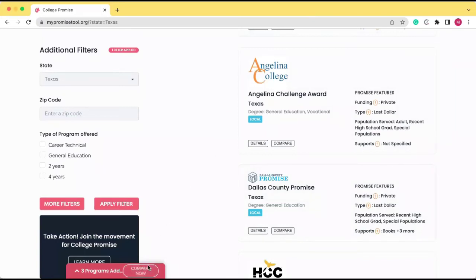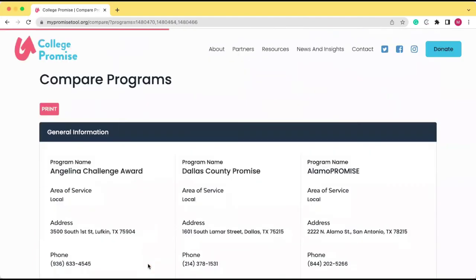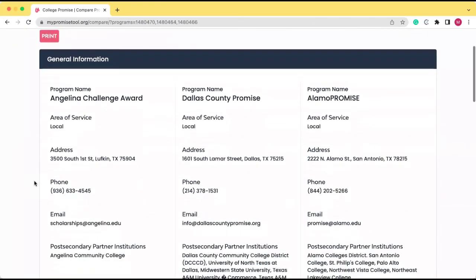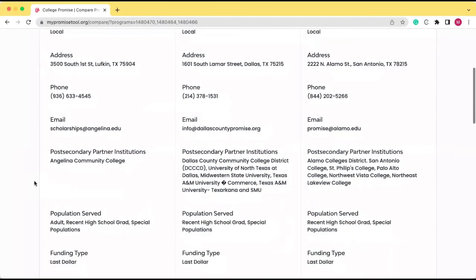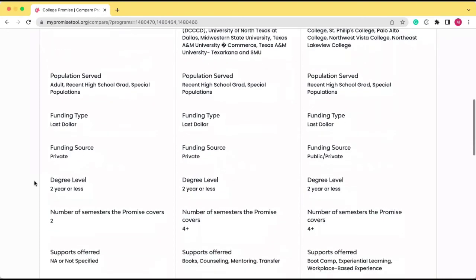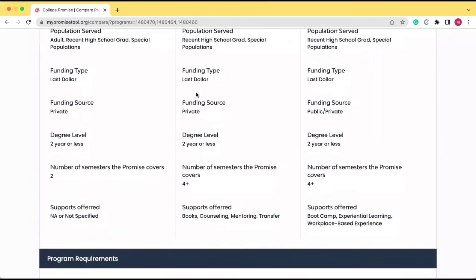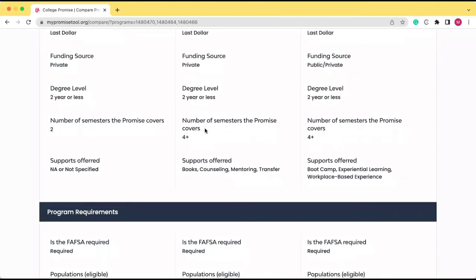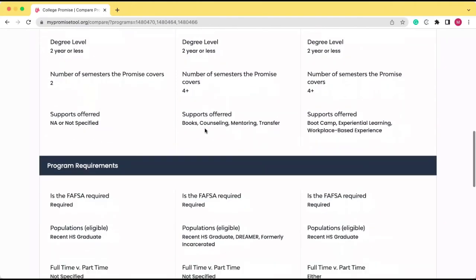Then I just simply click this button. And now I can actually see all three of these programs in comparison, as well as all of their information. I can see which of these programs serve adult students or traditional students or any special populations of students. I can also see what different funding sources they have or how many semesters each program covers.